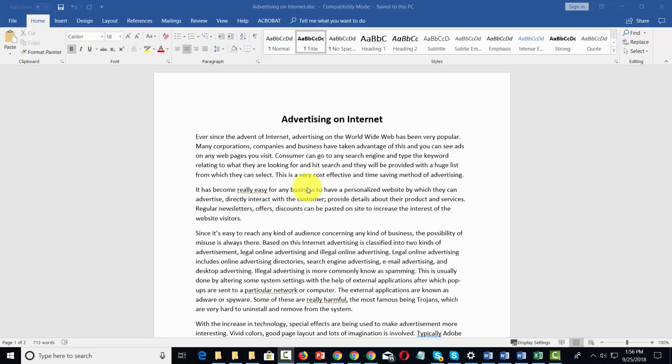So for example, when you are putting together a document and you start with your title, one of the things that you can do is you can highlight this title. You can click this button and you can make sure that this is going to be designated as the title and that your style is going to be the same if you decide to use this very same thing in